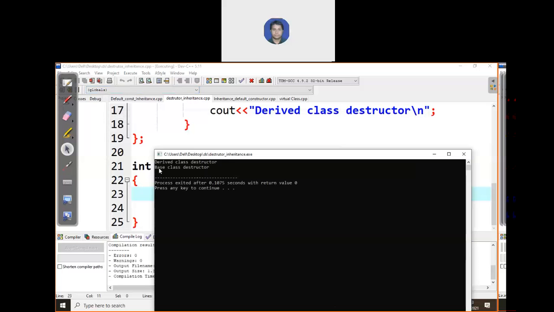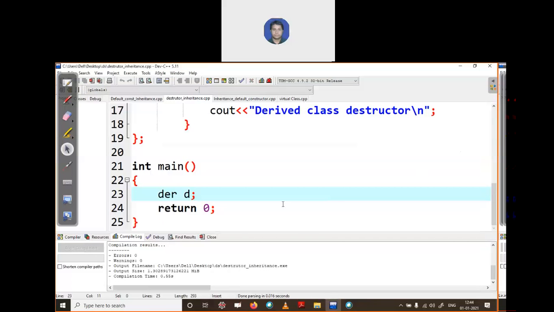Now you can see the derived class destructor fired first, then the base class destructor. But in the case of constructors, the base class constructor fired first, then derived. It follows the vice versa order. In the constructor it's base first, then derived, but in the destructor it's derived first, then base.